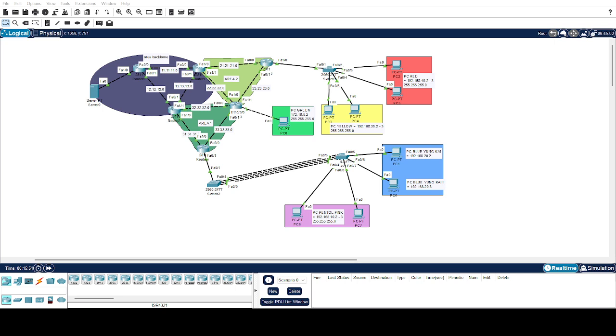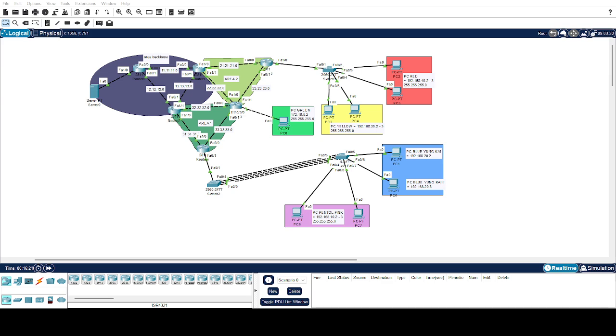Router links. Routers are connected using point-to-point connections. Some examples of IP between routers are 11.11.11.0, 13.13.13.0 for area backbone or area 0, and 21.21.21.0 or 23.23.23.0 for area 2, and 31.31.31.0 and 33.33.33.0 for area 1.